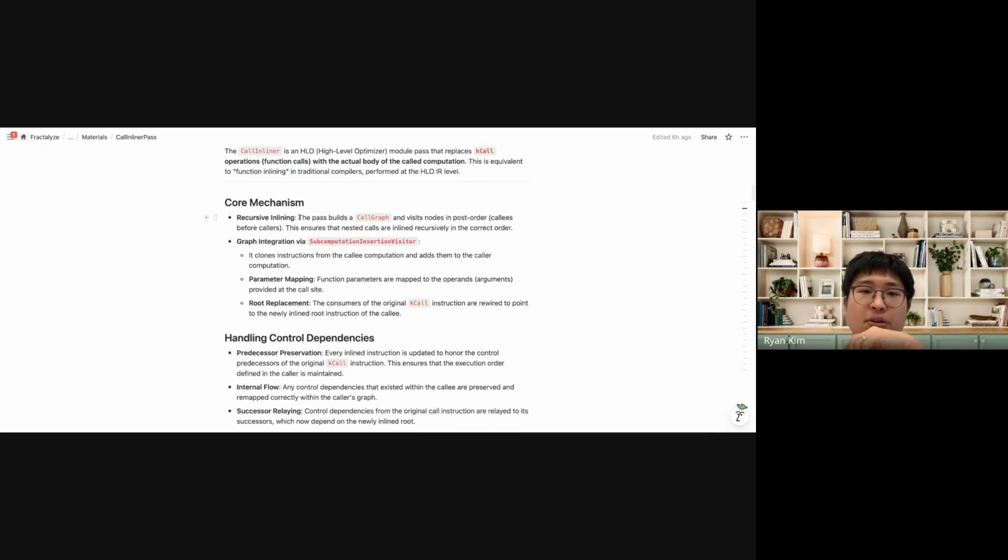So the core mechanism is, there's a call graph. It shows which call operation calls which computation, and inside this computation, which call operation calls another computation. There's a kind of graph, and you're going to visit all these call operations, and if it's allowed to inline, then we're going to inline. And when you inline, the parameter, like a function parameter,